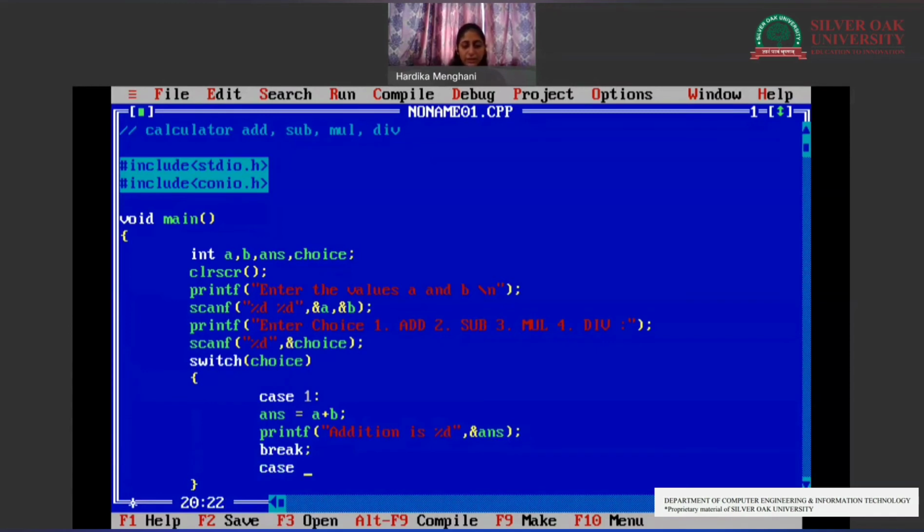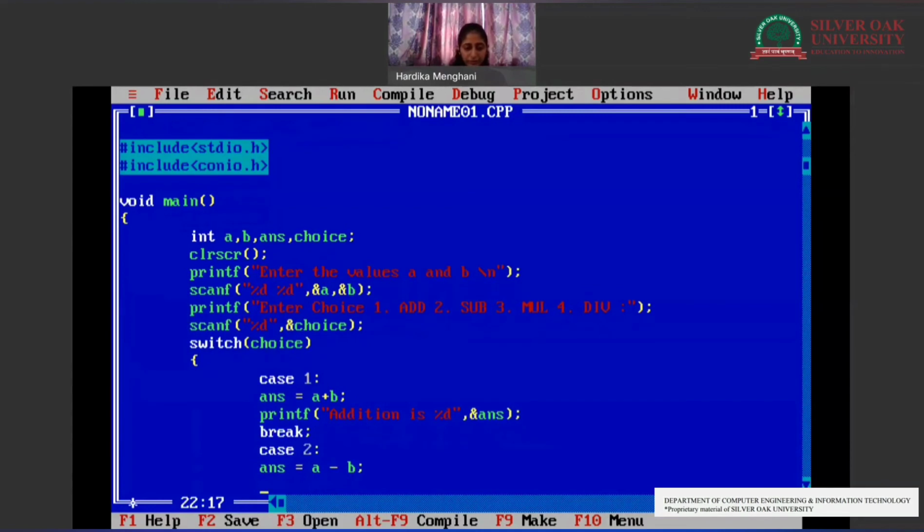Now we will be having case 2. Same thing, case 2 is for subtraction. So A minus B. Printf subtraction is %d, comma, answer.